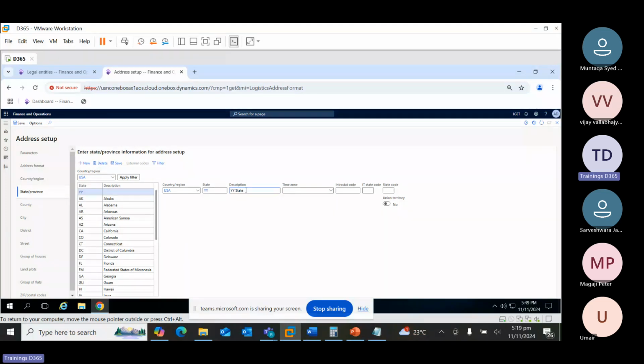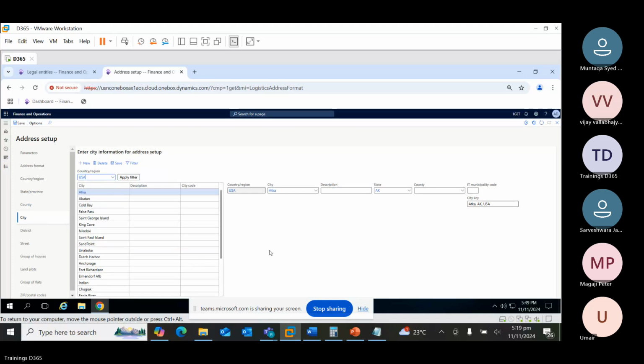I'm intentionally doing it this way, so when I'm updating in my legal entity form, it's easy for you to catch what I have added new. So first I added a new state, just for example purpose, YY. Then I will come to the city. I will click on new. I will select the state which I have already entered. And I will